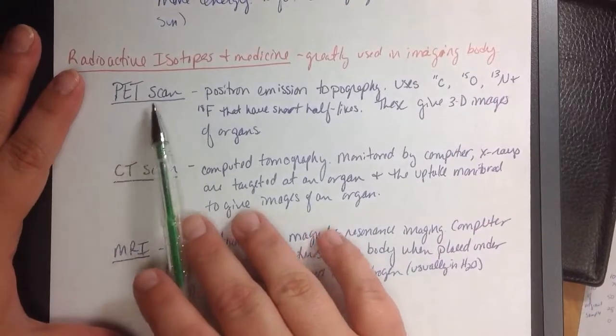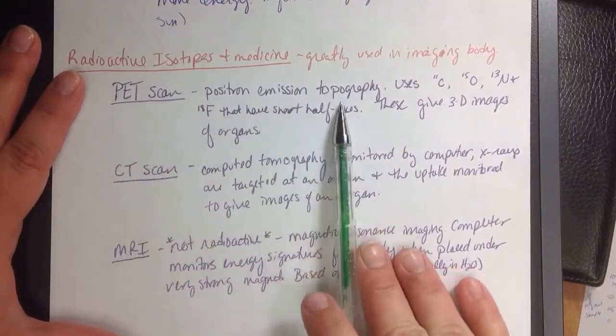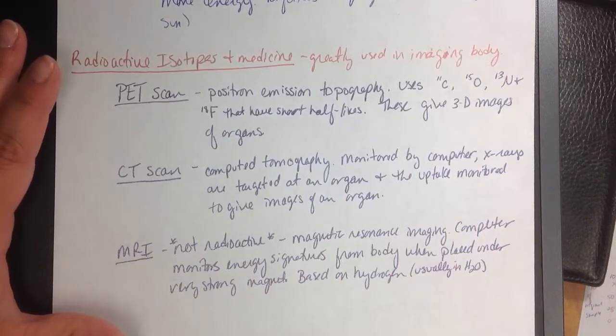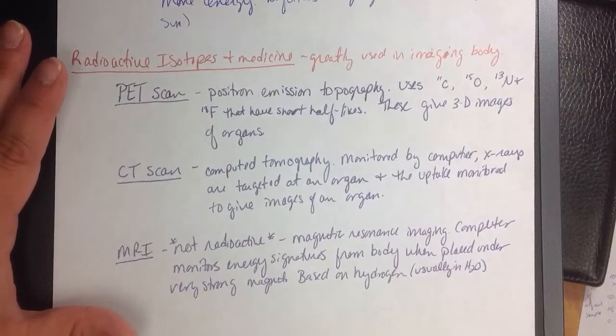A PET scan is known as positron emission tomography, and it uses a variety of very short half-life radioisotopes to quickly give images,